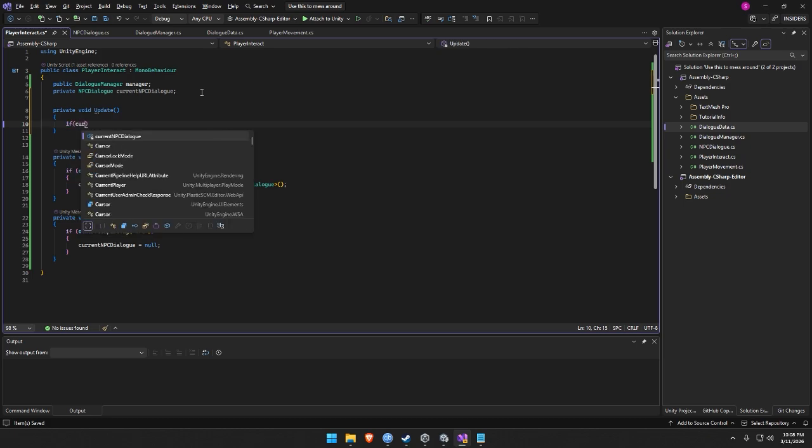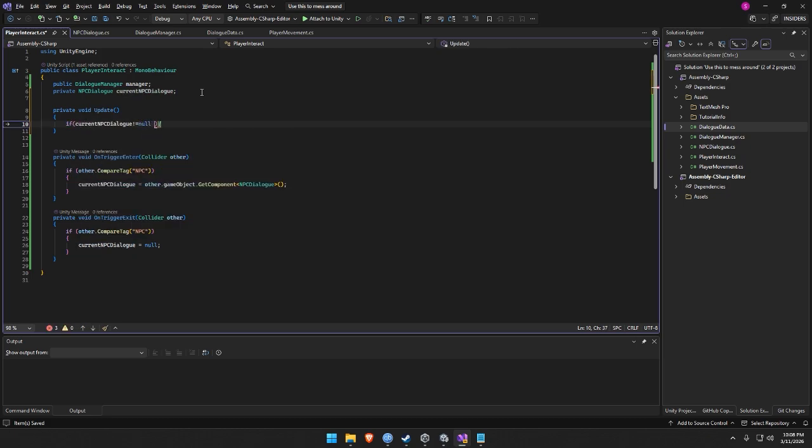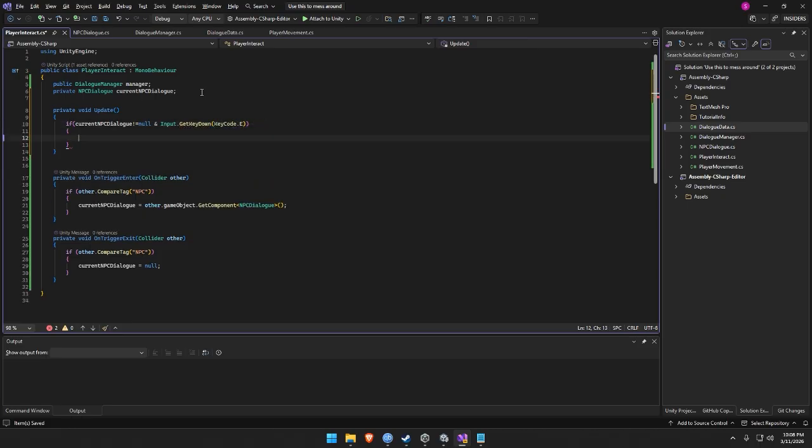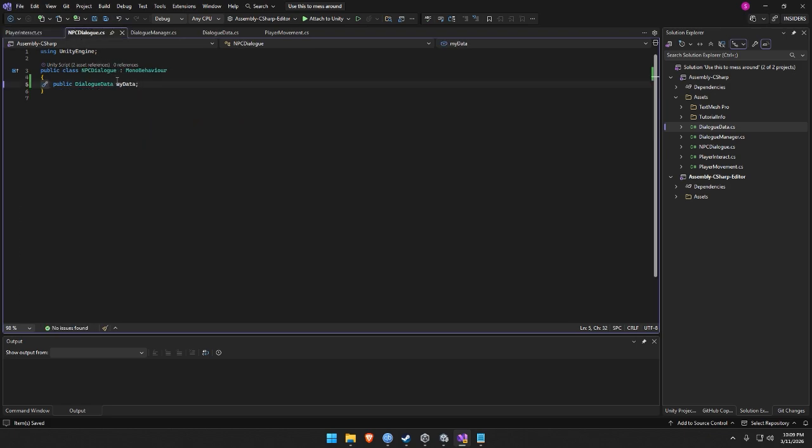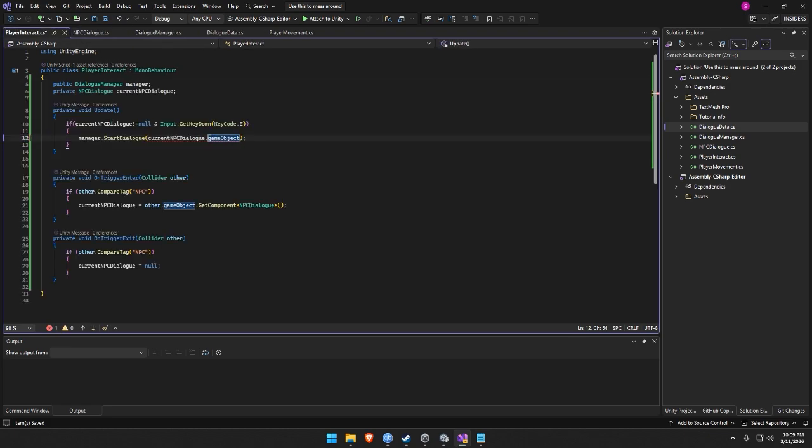So if our current NPC dialog is not equal to null, and we press the E button, for example, key code.e, we are going to use the manager to start our dialog, and which dialog will it be? It will be our current NPC dialog. What's wrong here? NPC dialog has a my data. So